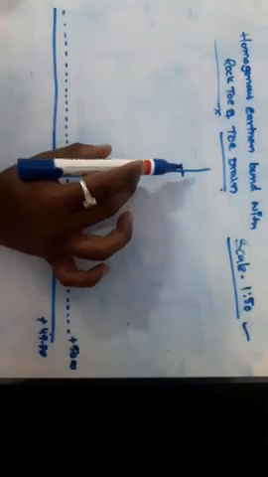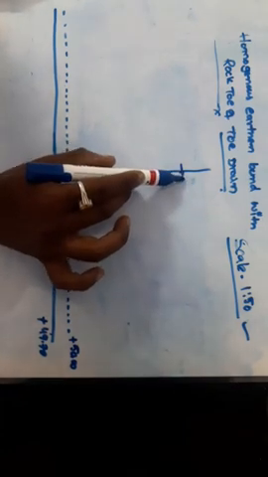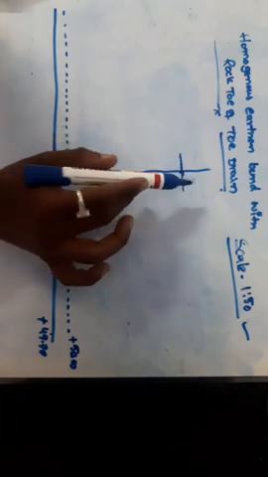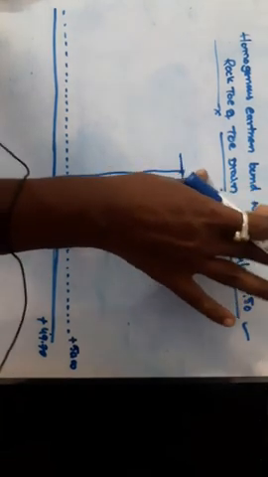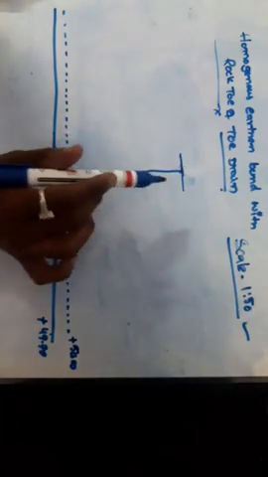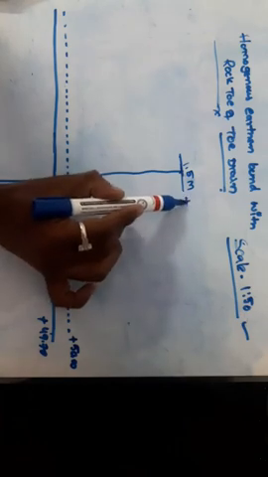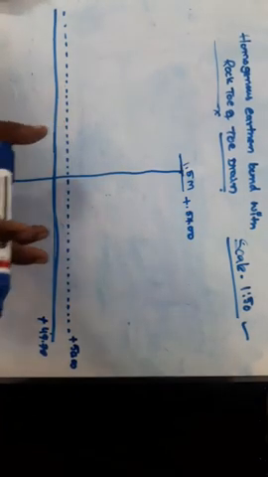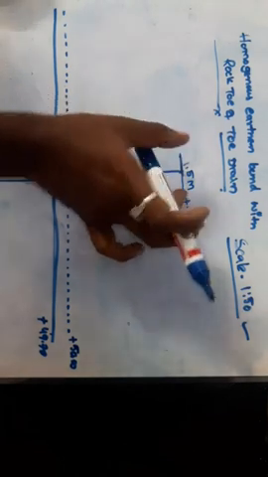From reference lines towards the right side 750 and left side 750, the total width of bund is 1.5 meter. Total the earthen bund is 1.5 meter. This is the level of 57.00. General ground level and stripped ground level, this is the top width of bund.